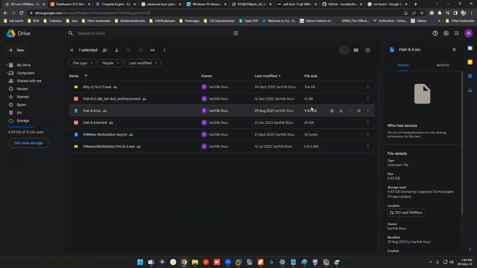And you might ask, if it is just 800 MB, why is this one around 9.43 gigs? Because it includes the packages: the basic packages required for the operating system, or even third-party packages like Python, are included with this ISO. That is the reason it is huge.